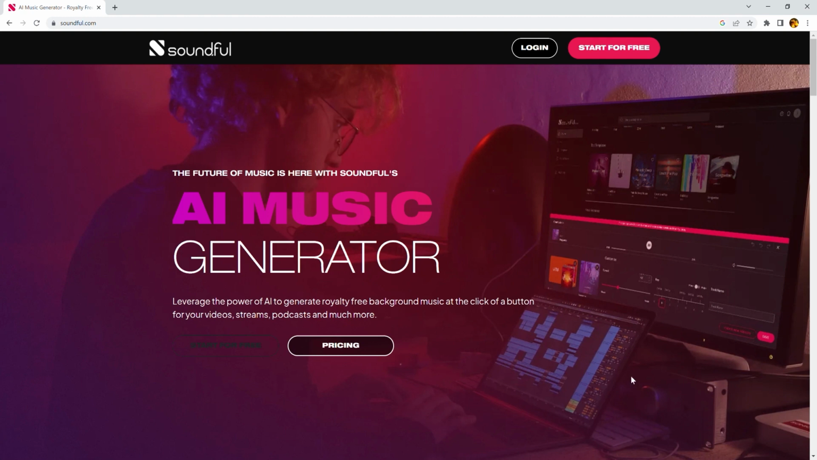So my name is Lisa Shea, and today we're going to look at Soundful, which is an AI music generator. We've been looking at a variety of AI music generators, and Soundful is a very hopeful one. Like all of the rest of them, Soundful has a free mode and a mode where you pay more